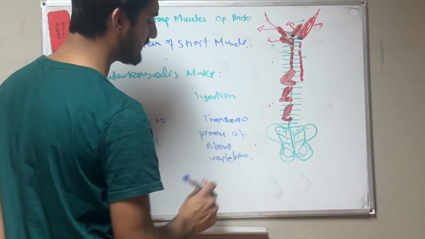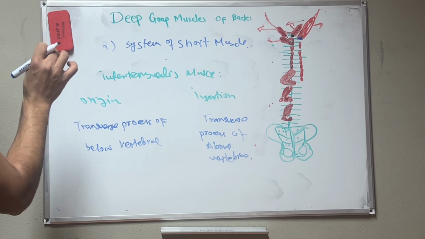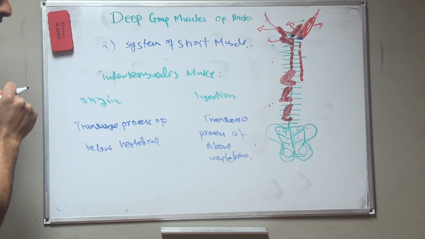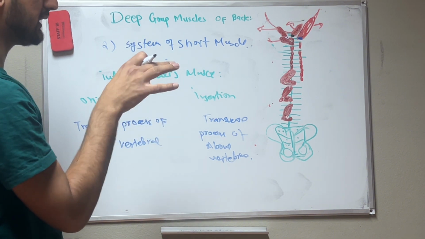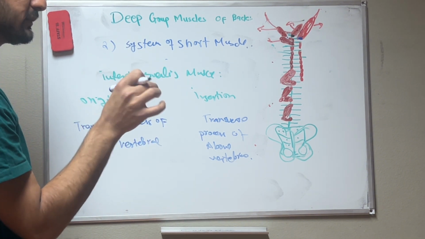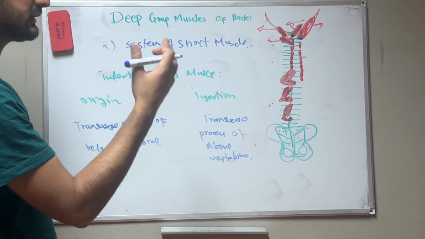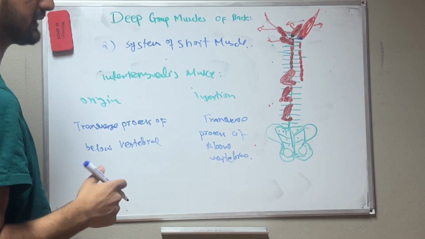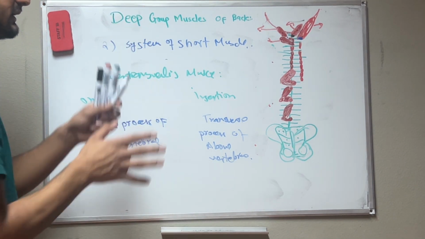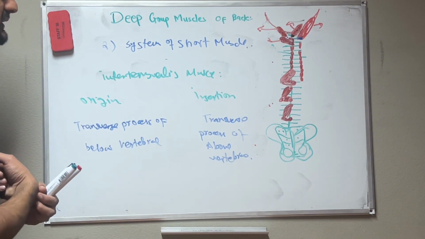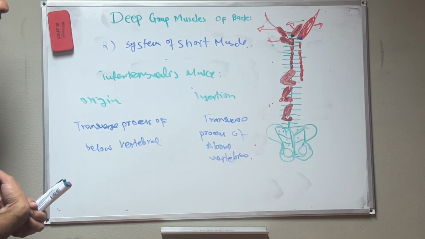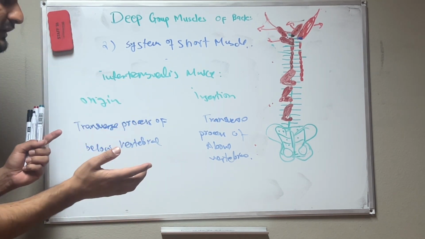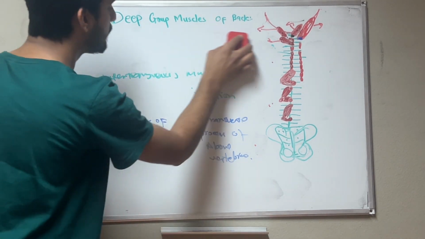These are the origination and insertion of the second system of short muscles, the interspinalis muscle and the intertransverse muscle, which we discussed. Origination from the below vertebra, the below spinal process and below transverse process, and insertion into the above spine process and above transverse process of each vertebra. Okay, these are the origin and insertion of the system of short muscles, the second layer muscle, which we discussed. First layer we discussed. Now we are going to discuss the